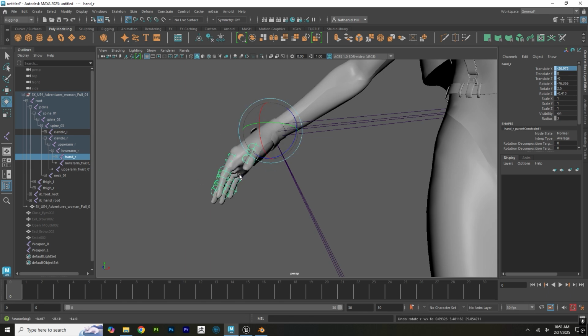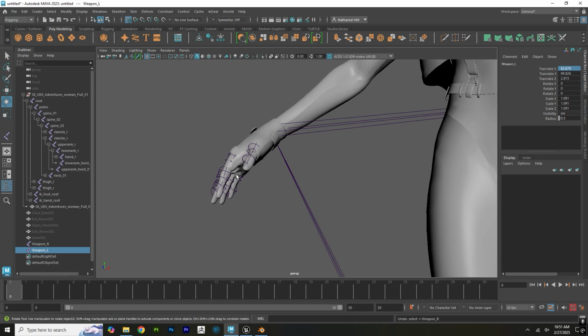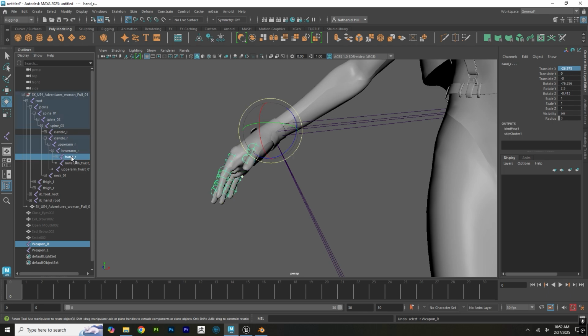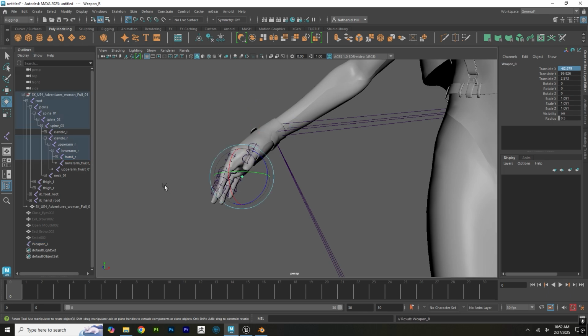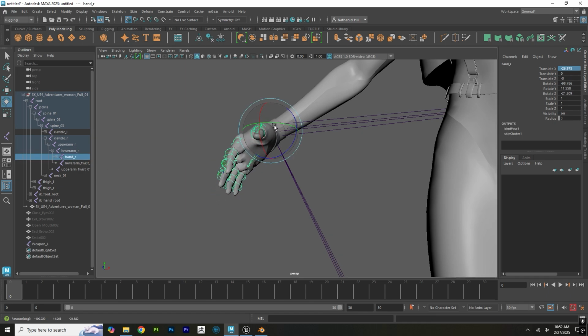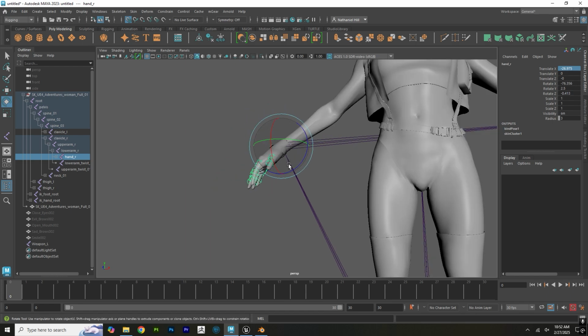Oops, that didn't work. Alright, so we want to select weapon R, control select hand R, P. Just press P, that's it. Now if you select hand R, you'll see the bone that we have added right here is rotating with the hand. We want to do the same exact thing